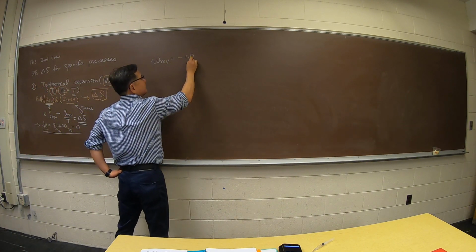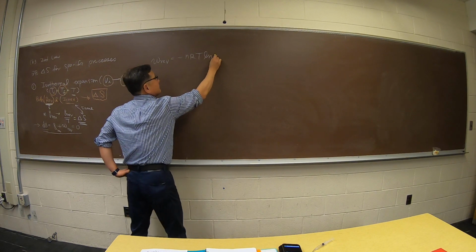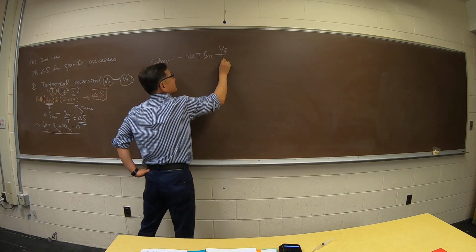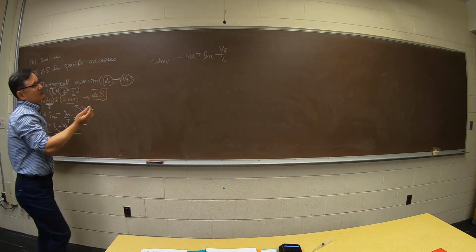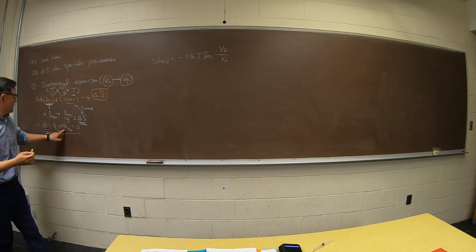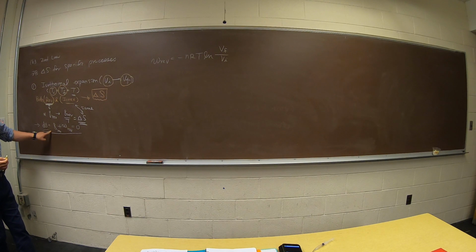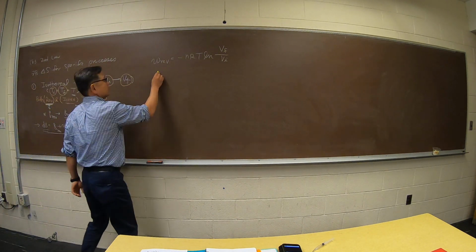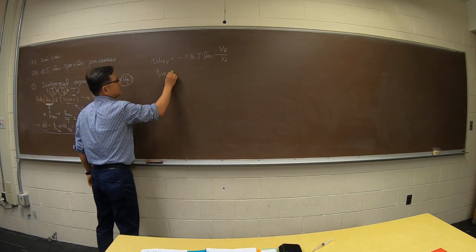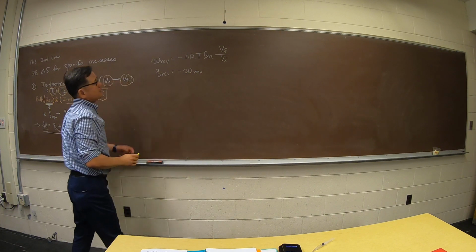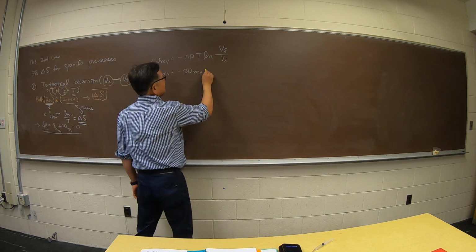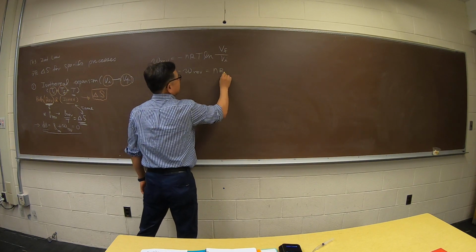Minus nRT dV over V. Remember that, right? So that's the one. What I need to do is take the opposite sign, so Q reversible is the negative of work, and so it's nRT